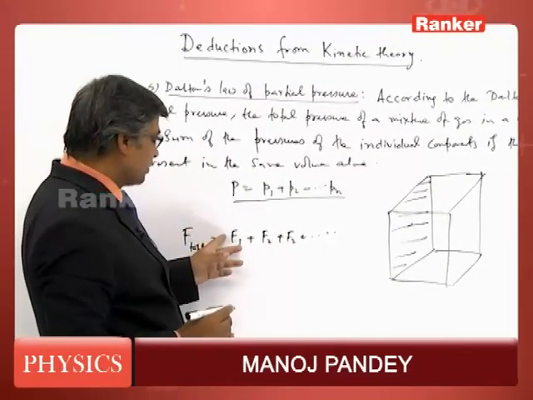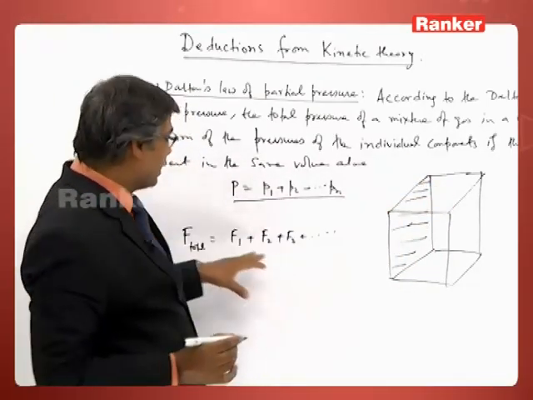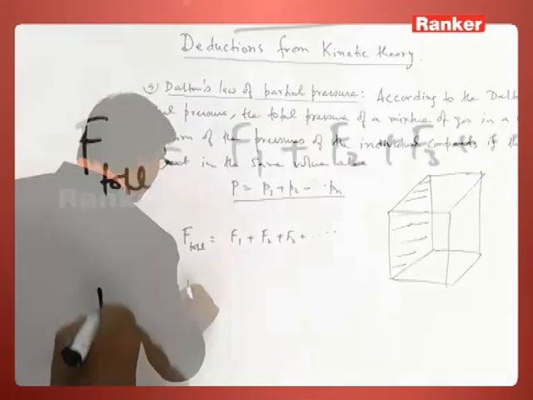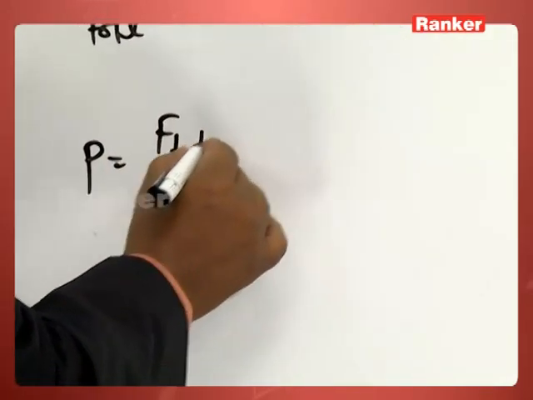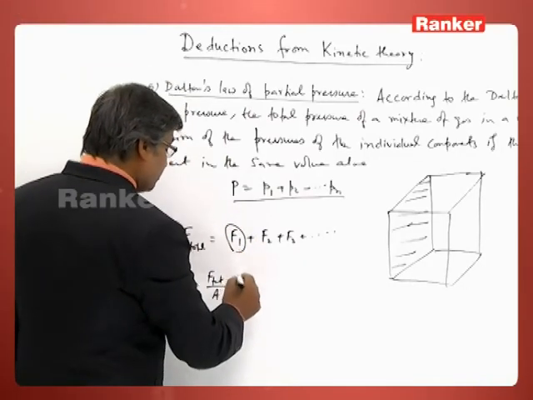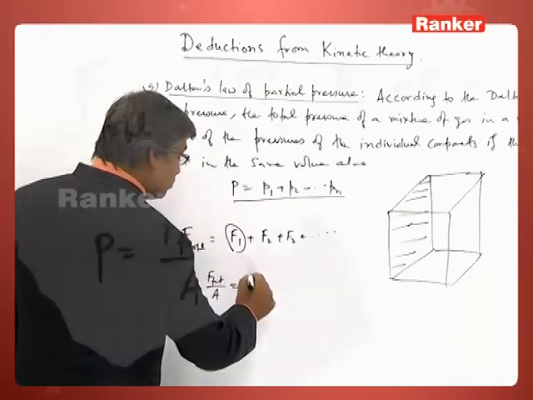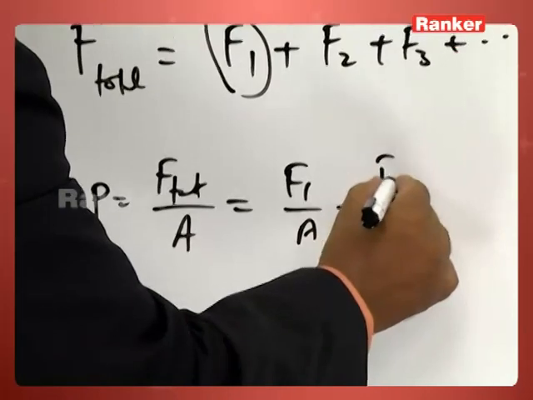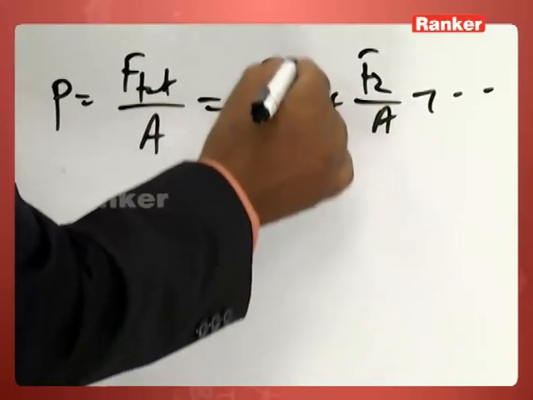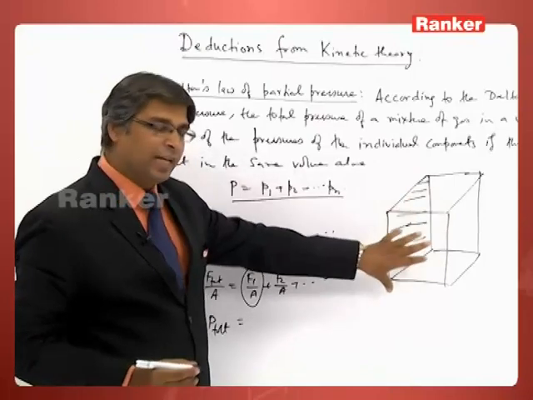And you see here, suppose if in the whole bulk there is only one type of gas, that is F1, then we can say pressure is equal to F total by area. So the total F will be equal to, so the pressures will be, simply I will divide by A, so F1 by A plus F2 by A plus ... So P total is equal to F1 by A, if only first gas is present here, then it gives